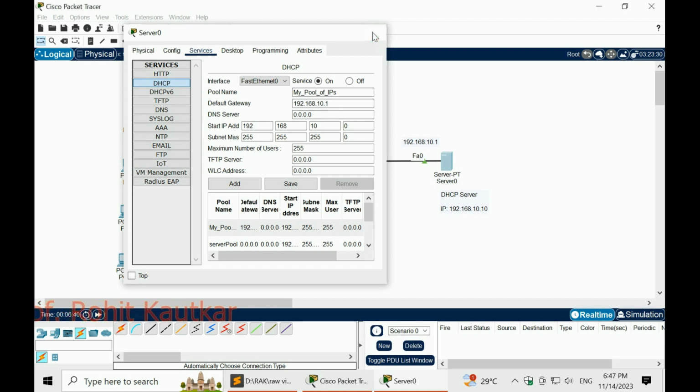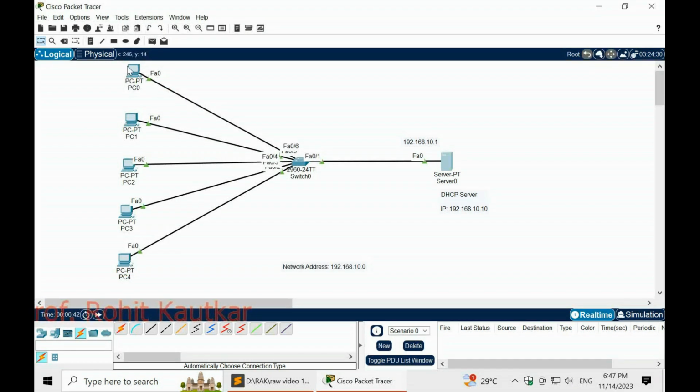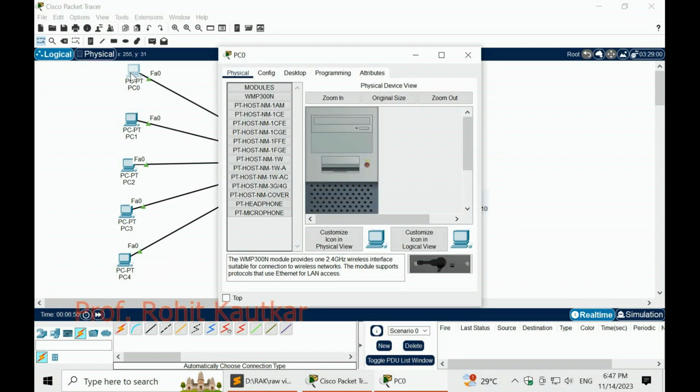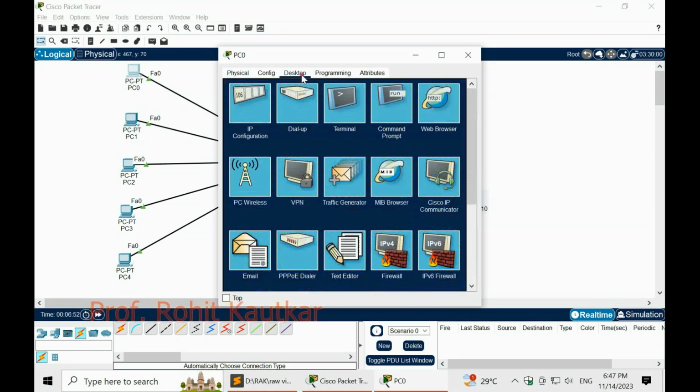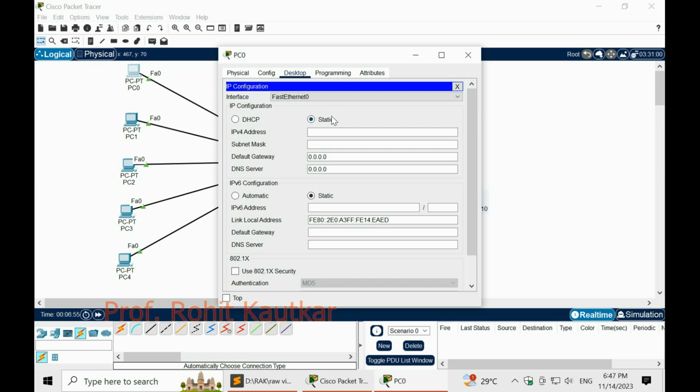So we will close this now, and we will try to obtain IP addresses for all these DHCP clients one by one. First of all we will go to the first host's desktop, in the IP configuration. By default the static way of providing an IP address is selected.